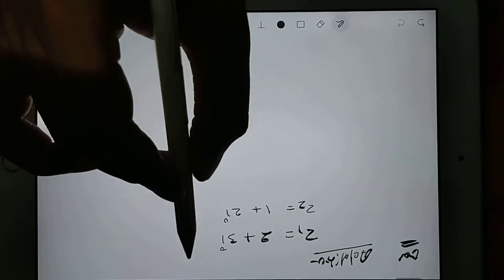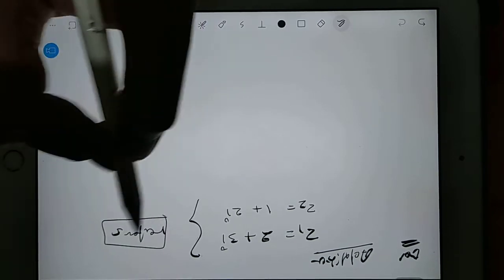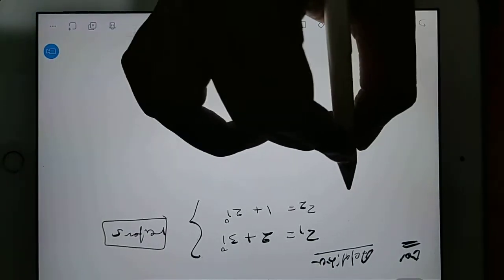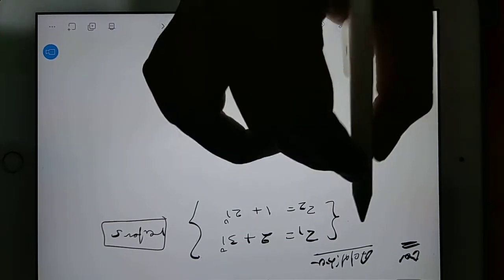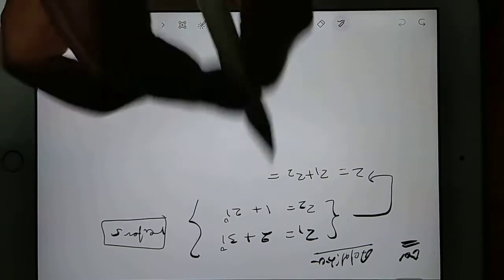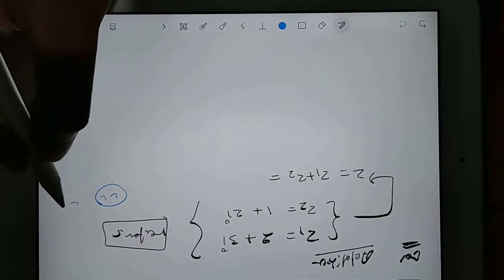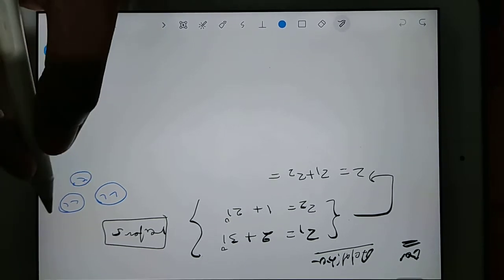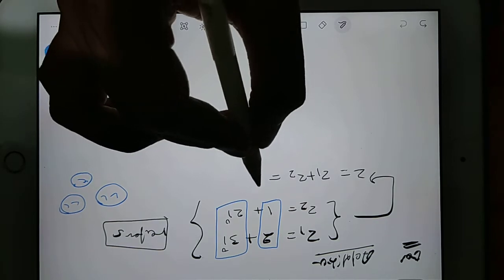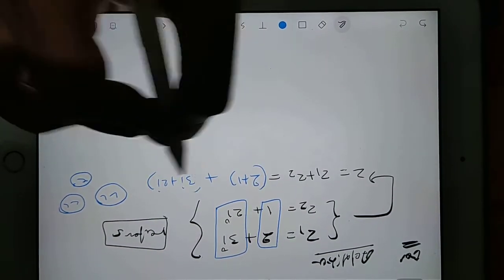So actually they behave like vectors. If you have some basic ideas about vectors, you can easily solve them. So see here, when you are adding two complex numbers, you will get a new complex number, suppose z, and you are finding z1 plus z2. So how will you find it? Like in vectors, x components we add together, y components we add together, z we add together. So here also real will add together and imaginary will add together. So it will have 2 plus 1 as the real part and 3i plus 2i as the imaginary part.